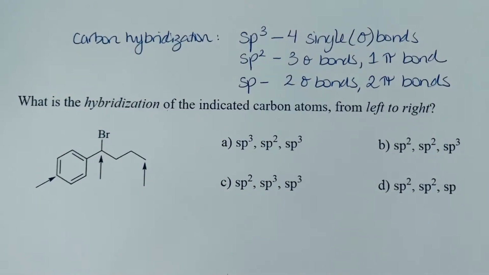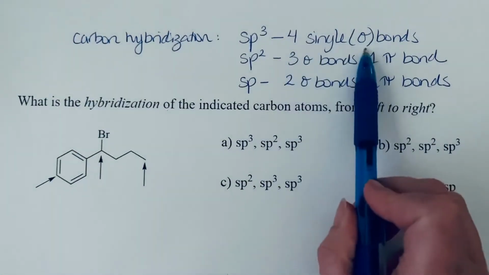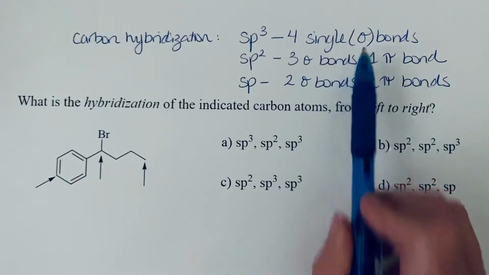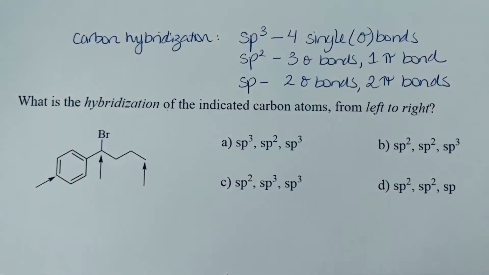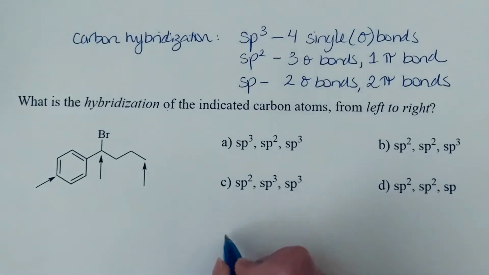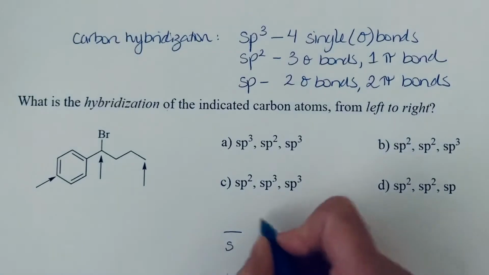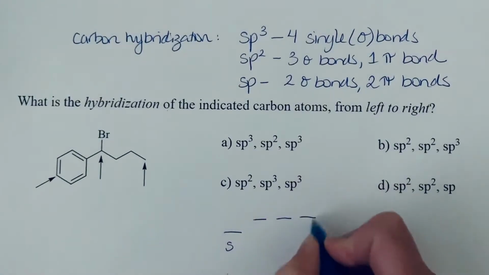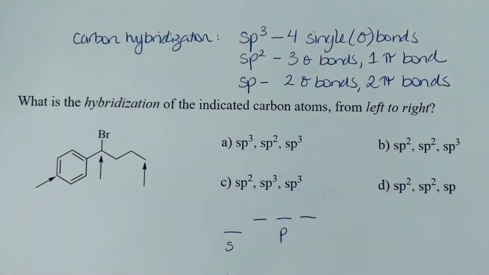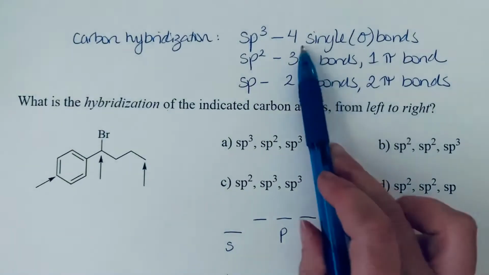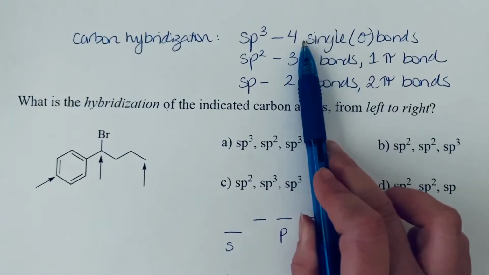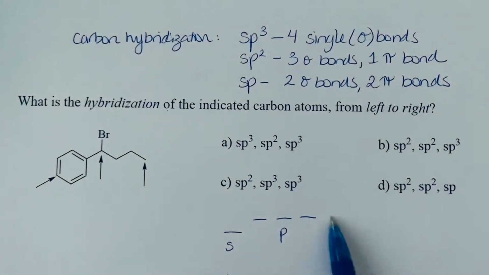So what we want to recognize is that whenever we are forming sigma bonds, they are formed by your hybrid orbitals. So if we have, and I'm going to draw the orbitals that we might be mixing together down here, we're talking about mixing the s orbitals and the p orbitals of carbon. So if we are forming 4 sigma bonds, we need 4 hybrid orbitals. That means we need to mix together all 4 of these outermost